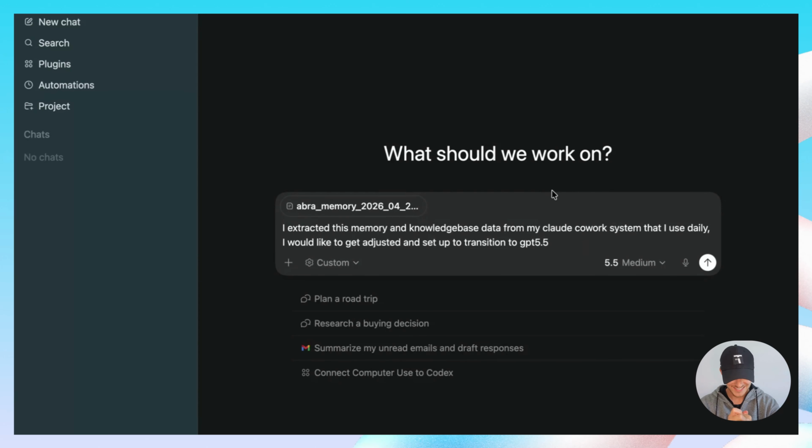Then we say something along the lines of, and it doesn't have to be perfect, AI is an NLP environment, natural language processing. It will understand what you're trying to say. The better you can communicate it, the better the output will be. But all you have to do is communicate it. It's not that hard. So, I extracted this memory and knowledge base data from my Claude Cowork system that I use daily. I would like to get adjusted and set up to transition to GPT 5.5 and Codex usage so that I can use these two systems